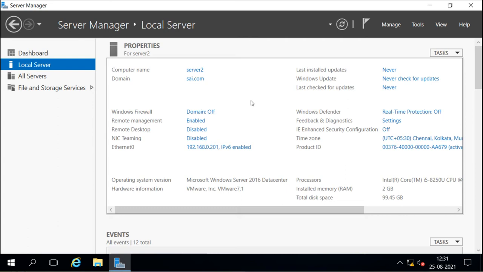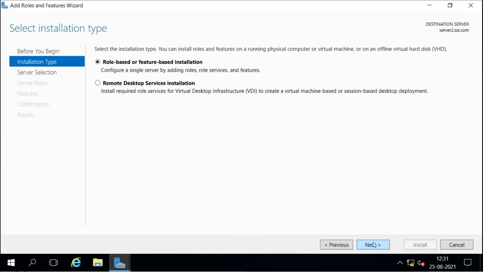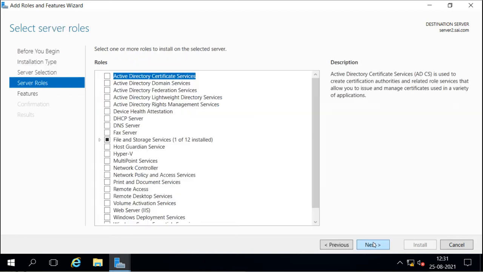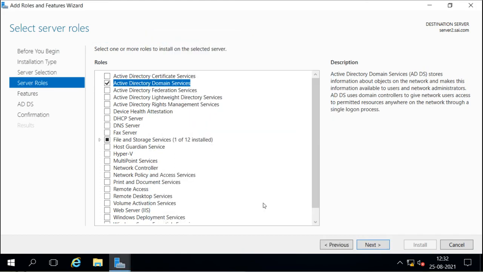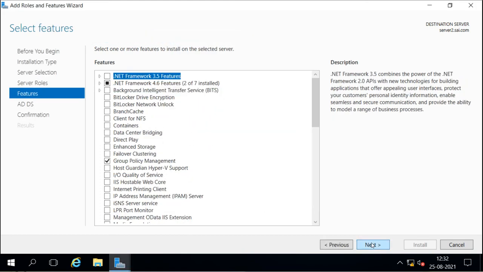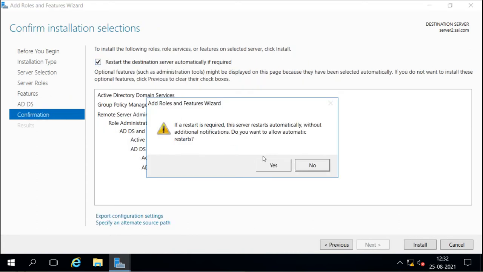So what do we have to do? We have to first install the services by going into add and remove roles and features. So first we will install the Active Directory domain services here, with adding all features, and I will say reboot when required.